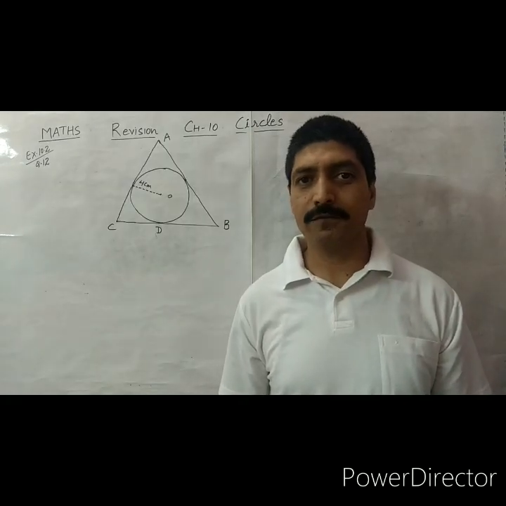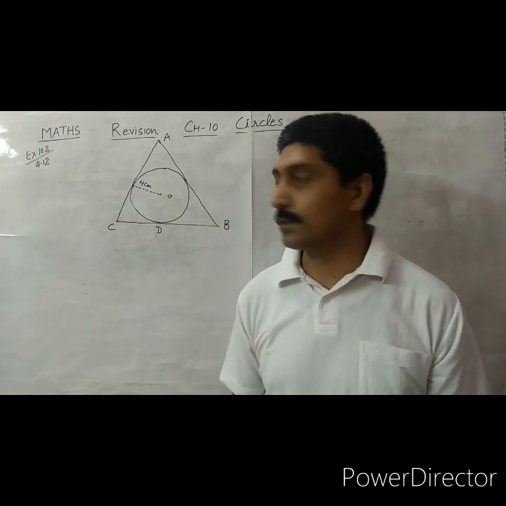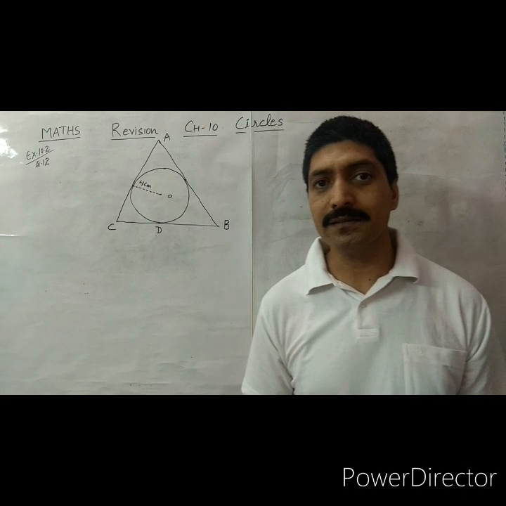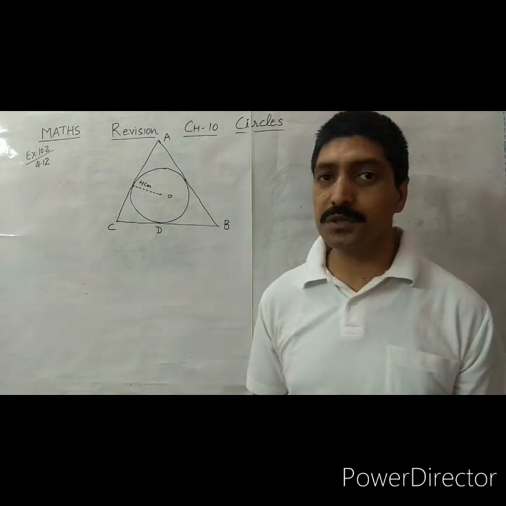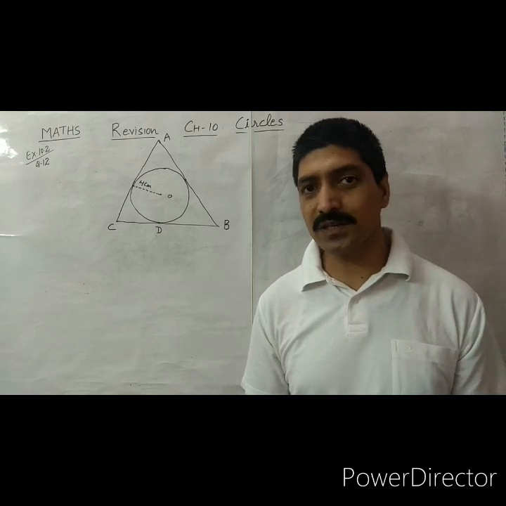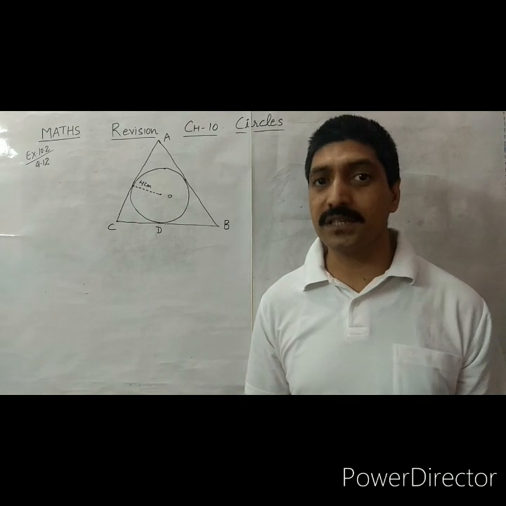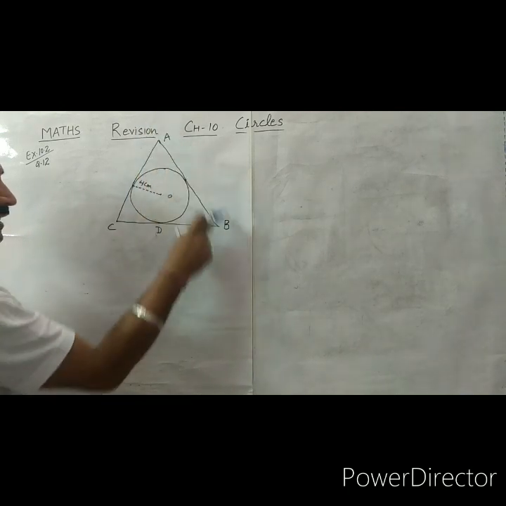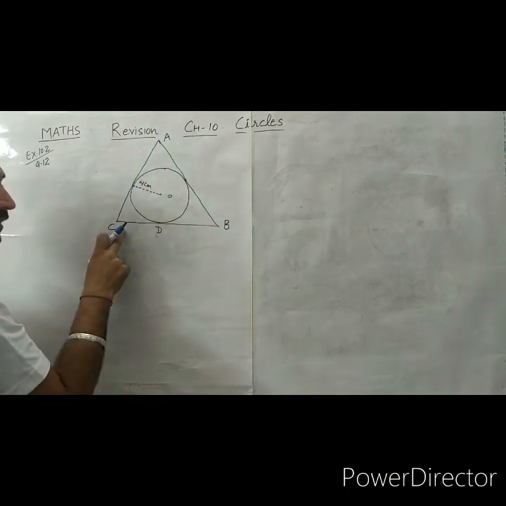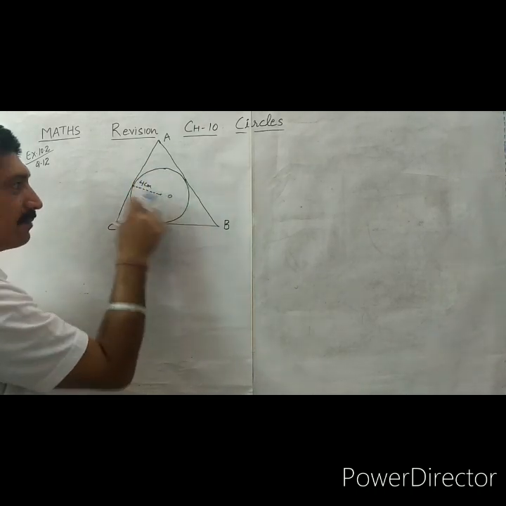Question number 12. This question is the most important question of chapter 10, Circles. So it is very important to first understand the question. Generally, students cram this question and make a lot of mistakes. So here, first, in this question, a triangle ABC is given such that a circle is inscribed in